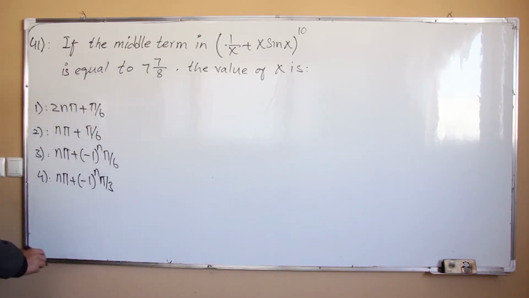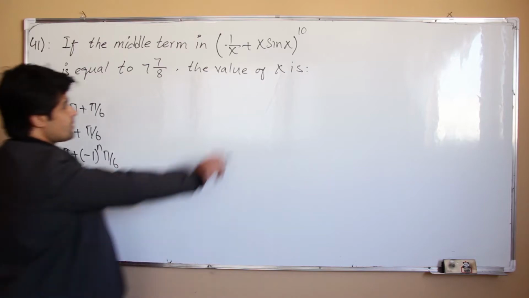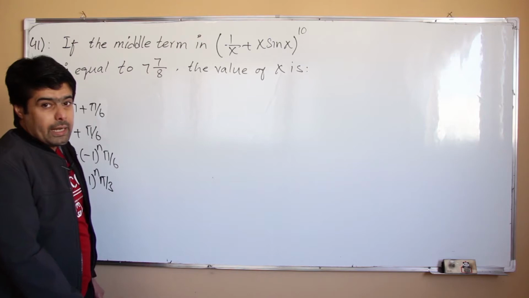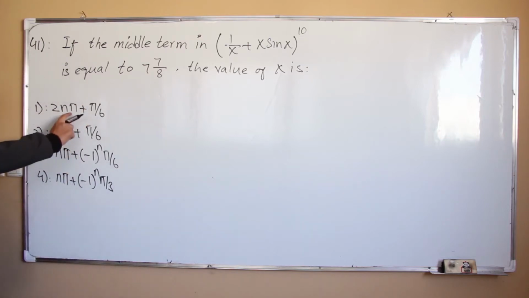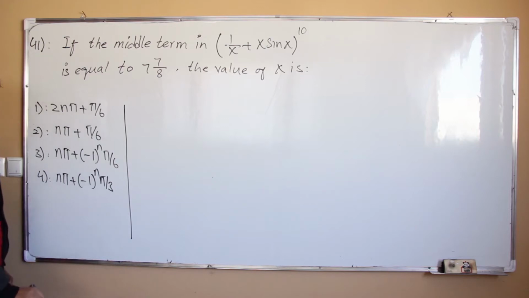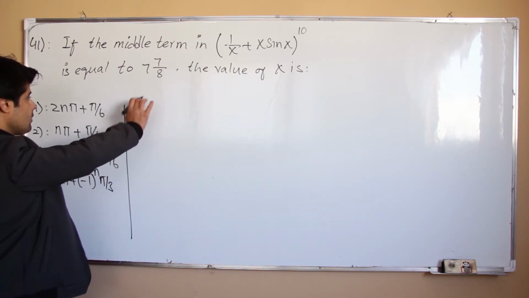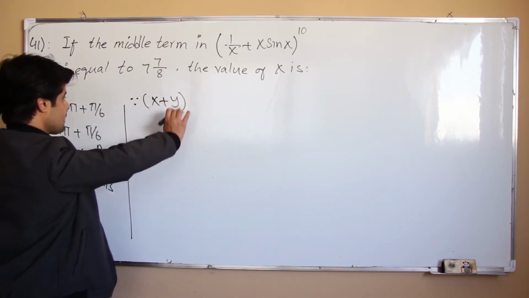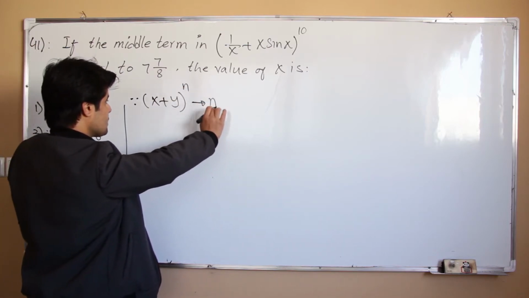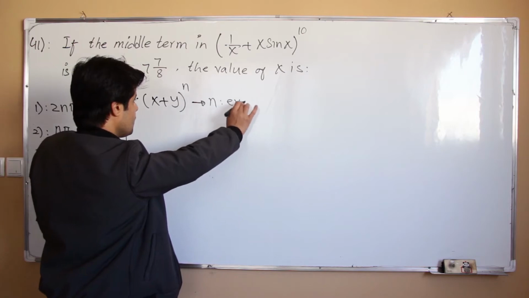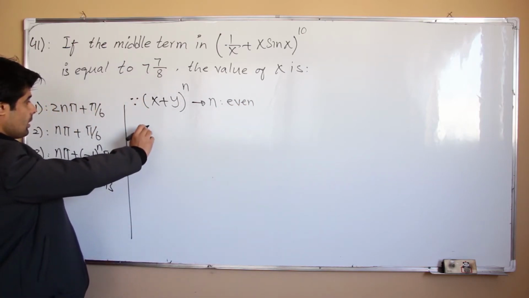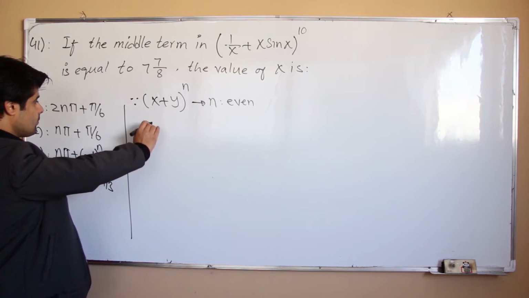Question 41. If the middle term in this binomial expansion is this one, then the value of x is given in the general formula of the trigonometric function. Now you know that if you have a binomial (x + y) raised to the power n, if n is an even number, the middle term